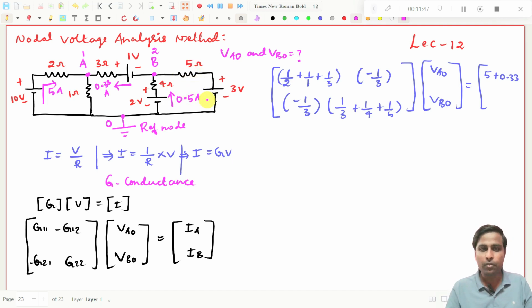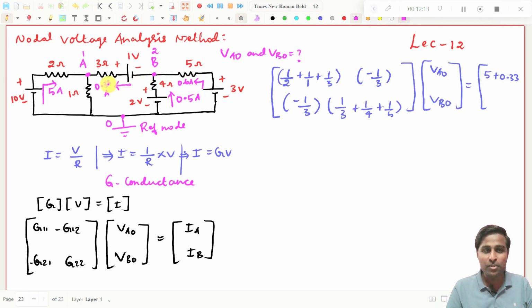And if you want to draw the current direction for this, what you will get? This should be like this, right? This should be like this, from minus to plus, right? 3 divided by 5 you will get 0.6 amperes. That's all. Now you see 5 amperes, 0.5 is coming towards the node, 0.6 is also coming towards